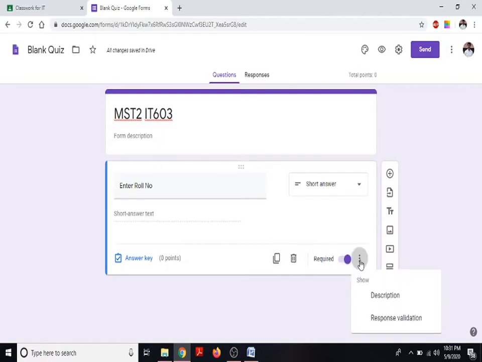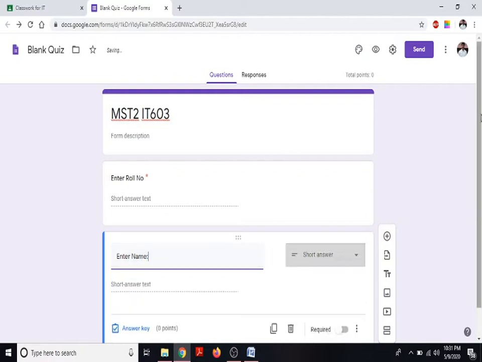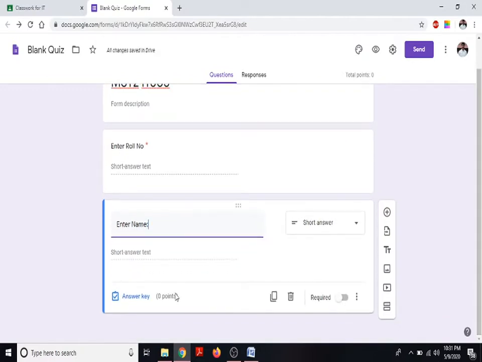Then the next question will be enter your name, or whatever you want. It will also be a short answer type, so you can add it and make it a required field, so that students will not be able to skip it.